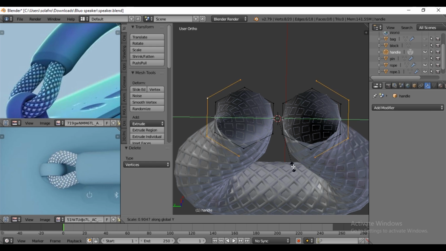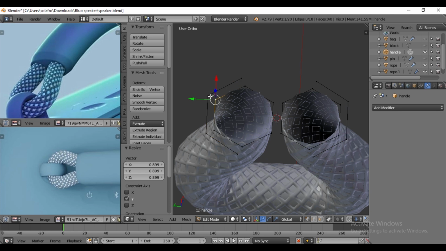Scale in the Y-axis by selecting 4 vertices. Just hit F to fill. Also by selecting the edge and then pressing F, it will fill it.